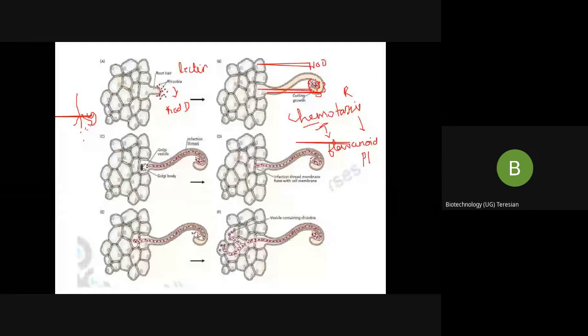Next, what happens? I'll draw a picture somewhere and show you. Now the plasma membrane. Where is the plasma membrane? It is there in my root. This plasma membrane invaginates like this, and then it diffuses into the Golgi membrane. This is your plasma membrane, just remember, and this is the Golgi membrane. They diffuse to form the infection thread at the site of the infection.